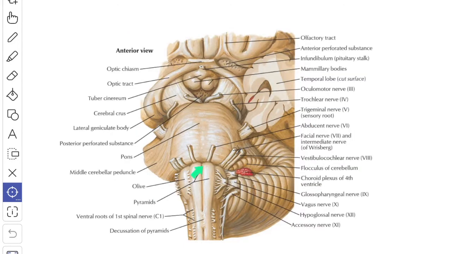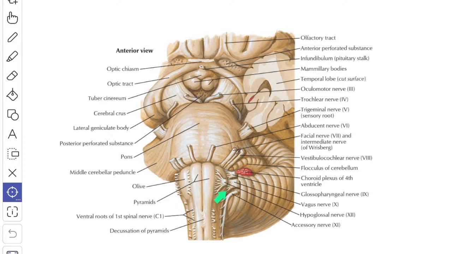So next to the anteromedian sulcus, you get the anterolateral sulcus. Likewise, you get the posterolateral sulcus, which are the direct upward continuation of the corresponding sulci of the spinal cord. The anterolateral sulcus extends along the lateral border of the pyramid, and along it emerges the rootlet of the 12th cranial nerve, the hypoglossal nerve.